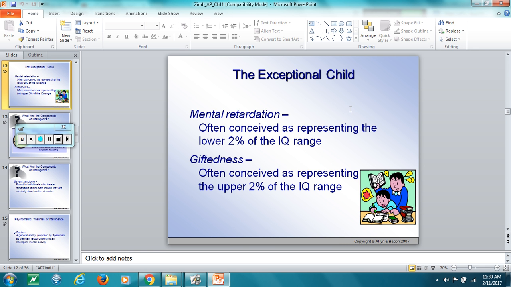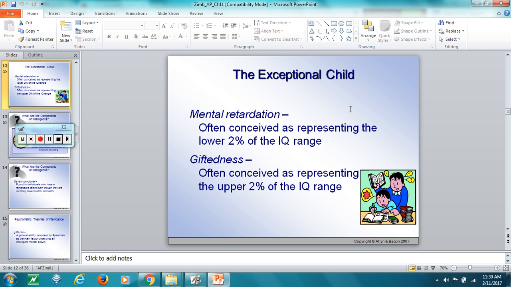Families that have children who are labeled as being gifted have to be careful that their overzealousness can sometimes destroy the spark of curiosity that some of these young people have. Parents have to be cautious not to make their children feel like they're a freak because they have these really profound gifts of intelligence. Nor at the same time should a parent be smug about having a very, very intelligent child. That can also have a reverse effect.